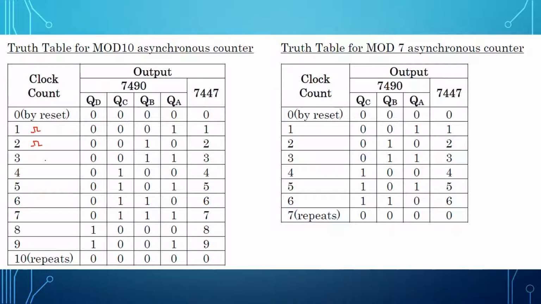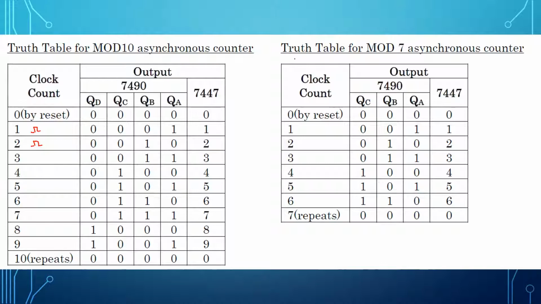Very similarly, you keep on applying the clock pulses. As you keep applying them, your counter will display the count of 9. After it displays 9, it will show 1001, which will be converted into its respective decimal. And if you apply the next clock pulse for the mod 10 counter, it will go back to 0. So you can see that it started from 0, came to 9 and went back to 0. So basically this is your asynchronous up counter. It is clearly given here, the truth table for the mod 10 asynchronous counter.